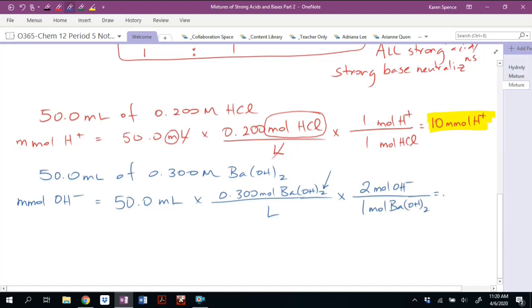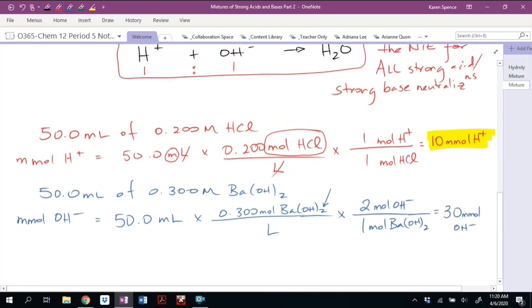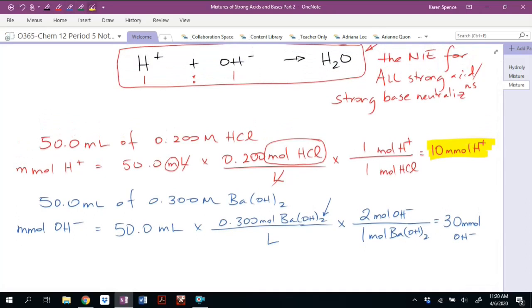And that's then going to give us, see, that's 5 times 3 is 15 times 2 is 30 millimoles of OH minus. So we've done step 1 and 2. We have found our moles of H. We found our moles of OH. Now the brilliant thing is that if we use this net ionic equation up here